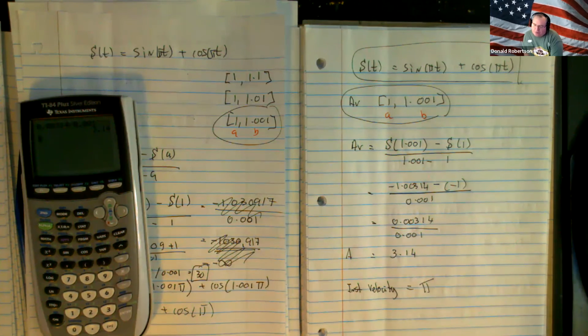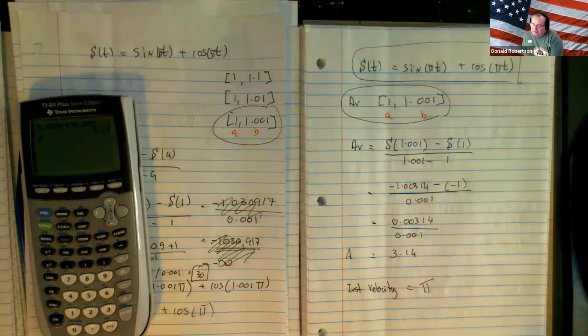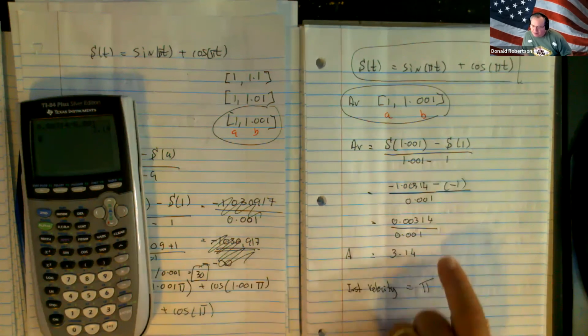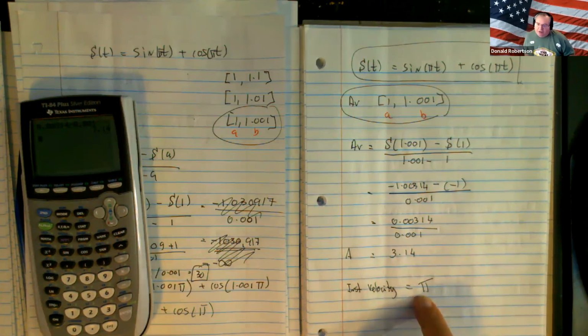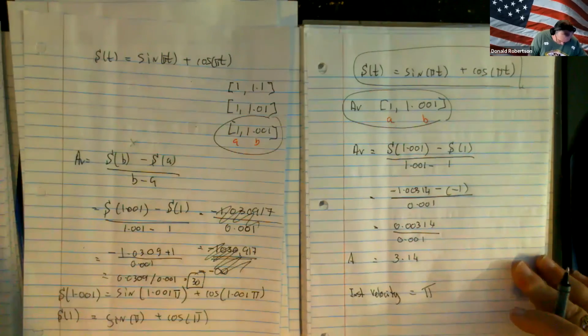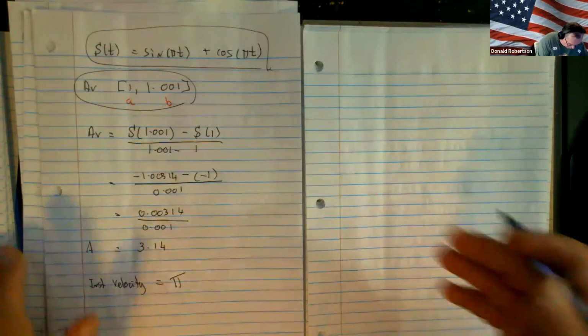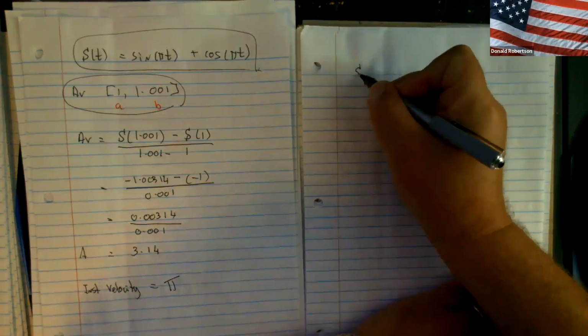Doesn't 3.14 remind you of pi, 3.1412? If I did a bit more accuracy here, that might have been even more obvious. So that would be my prediction. Actually, I don't need to predict that. If I wanted to, I could find out what the right answer is